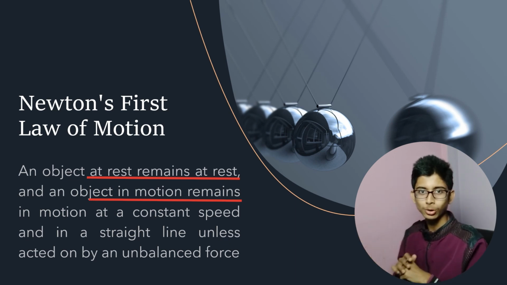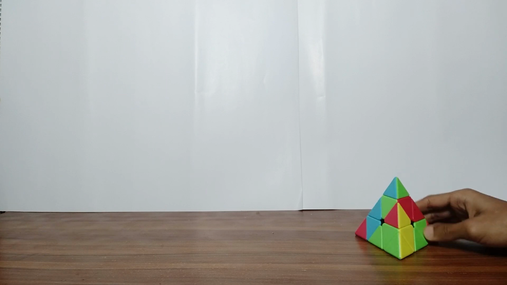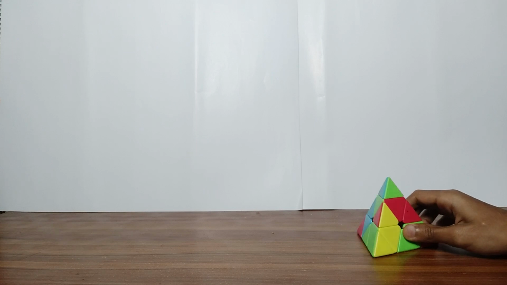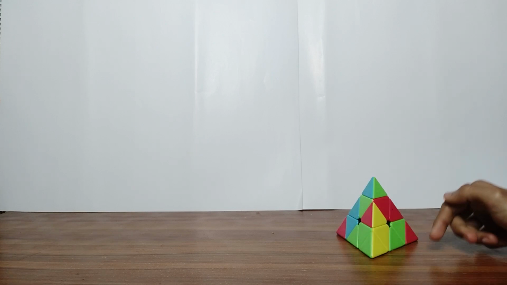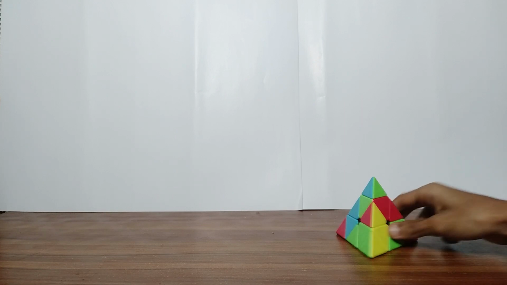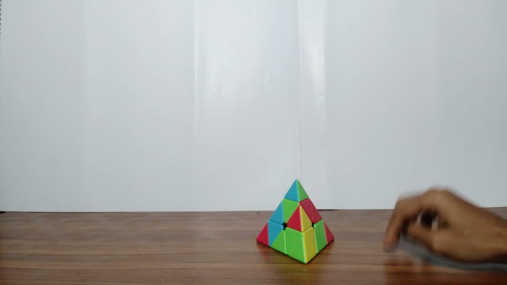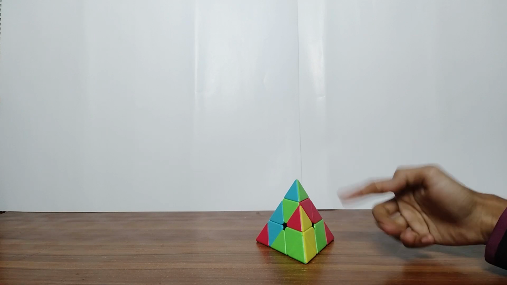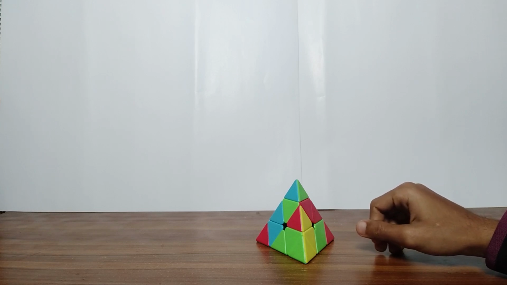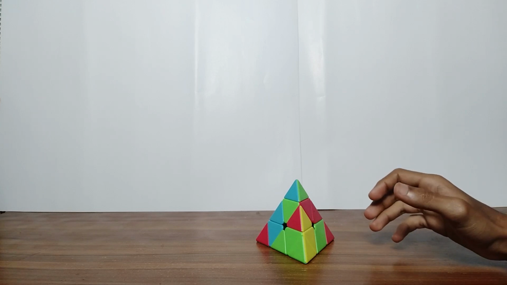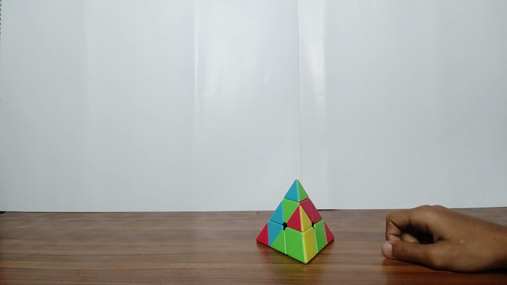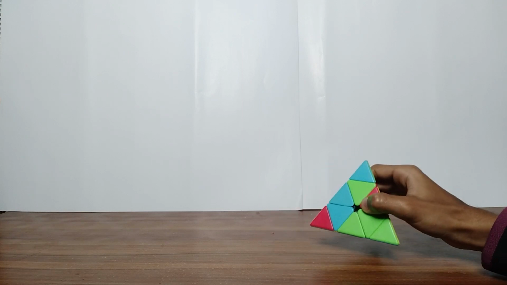So let's do that. This is my Rubik's Cube and this is an object. As per Newton's first law of motion, an object at rest remains at rest, and we can clearly see that this is at rest and it also remains at rest. That means the first part of Newton's first law of motion is correct. Yes. But what if I